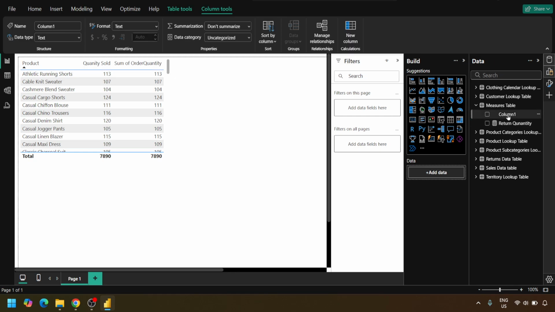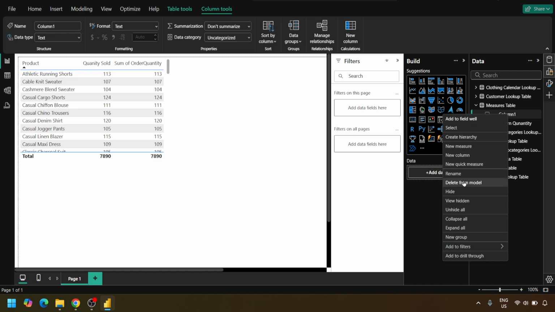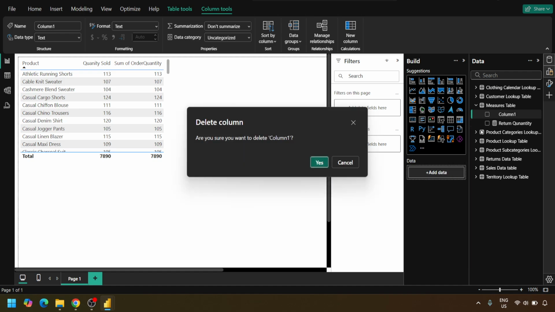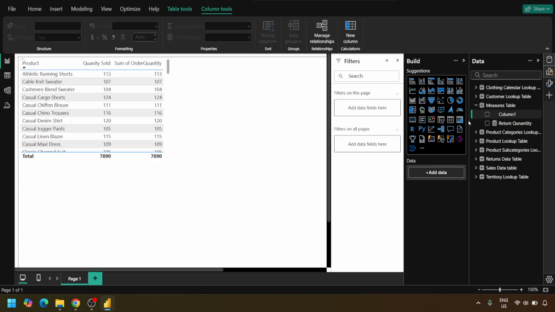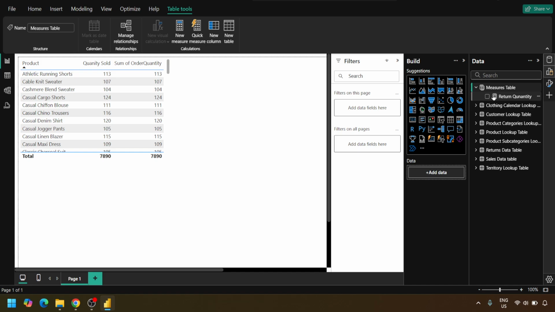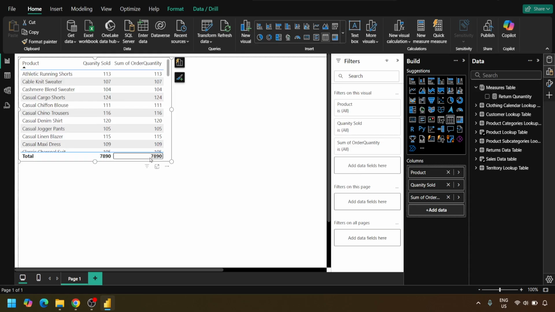Now we don't need this first column, so we remove that, because that was the blank column created while creating that particular table. Once we do that, you can see the symbol of this measures table has changed to measure, because this table only has one measure inside it. So the return quantity is shown here. Now let's do one thing. Inside this particular table, let's put some details. So let me just remove it first,